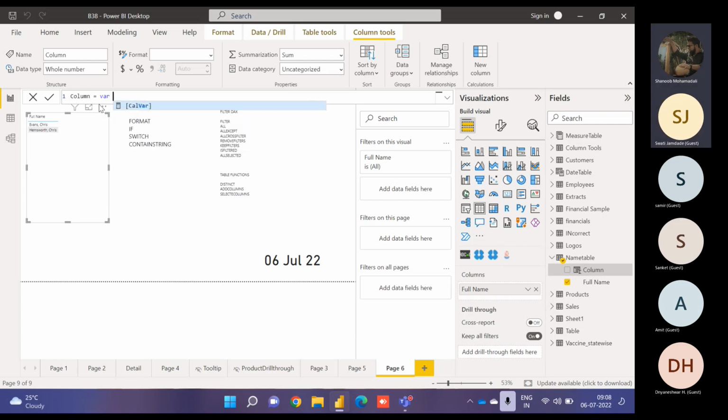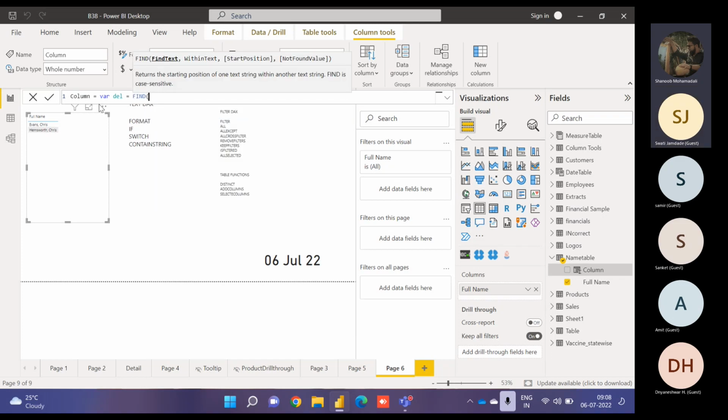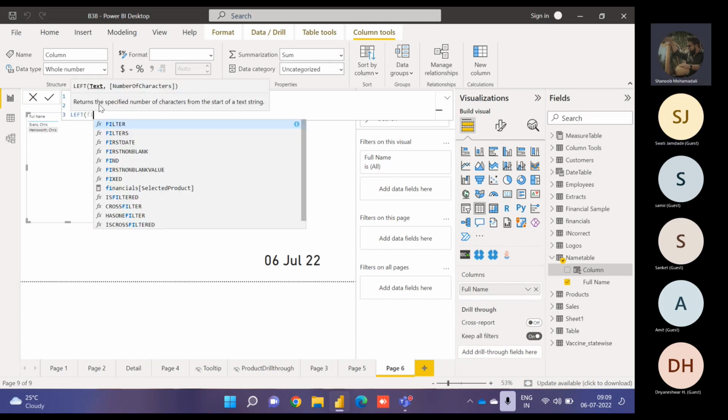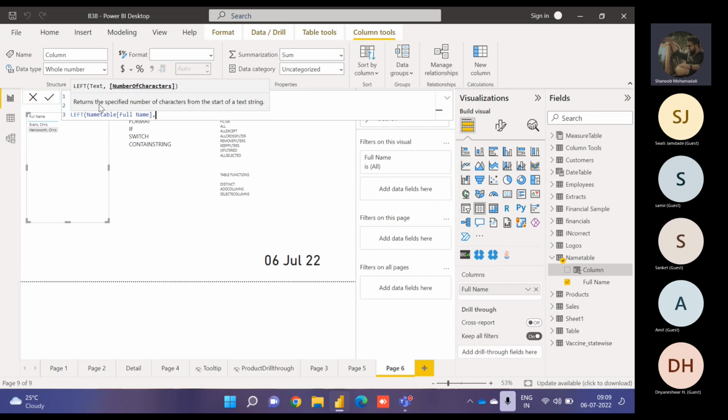सो फर्स्ट ऑफ ऑल हम क्या करेंगे, आइडेंटिफाई करेंगे कॉमा का पोजीशन, सो I will say del, वेरिएबल बना रहा हूँ मैं, डेलिमीटर। I will say find कॉमा, कॉमा सर्च करना है मुझे किसमें, फुल नेम में, राइट। मेरा स्टार्ट पोजीशन रहेगा 1, रिटर्न रहेगा 0। देन मैं वेरिएबल बनाऊंगा, अभी हमको ये पोजीशन लेके लास्ट कैरेक्टर्स एक्सट्रैक्ट करना है, राइट। सो वेरिएबल बनाने की जरूरत नहीं है, आई विल रिटर्न इट, आई विल से लेफ्ट ऑफ फुल नेम, करेक्ट।